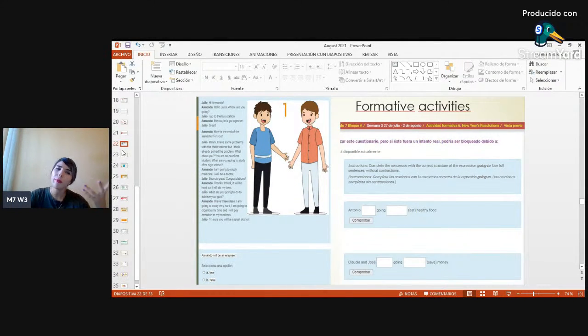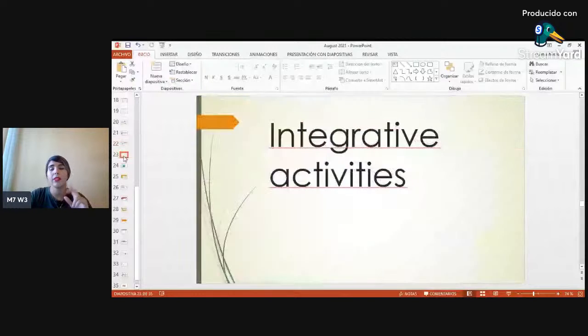And remember, the activities that are formative are evaluated by the platform by itself. So there can't be copies and all that typing or things like that. You have to respect the full structure so the platform or the system can identify them and mark them correct. So try to do it if they are answers, if they are statements, negative or affirmative statements. I don't know, maybe, well, affirmative or negative sentences more than statements.